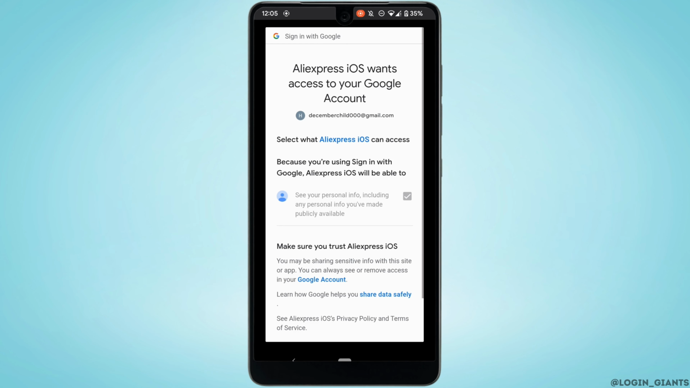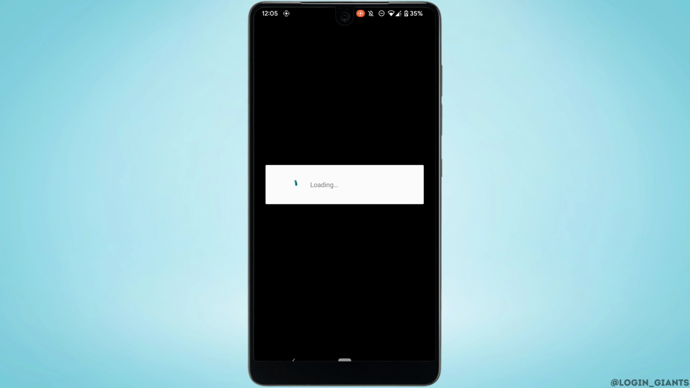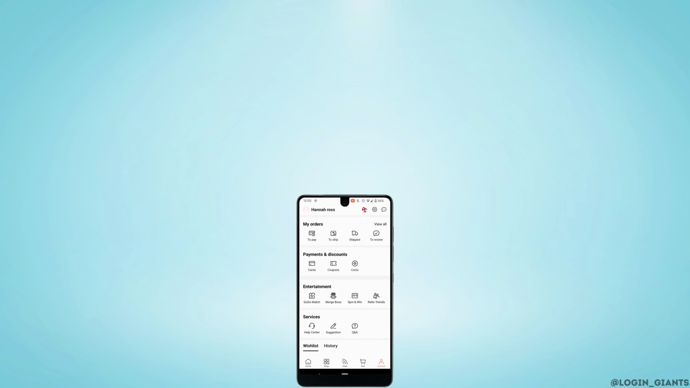It will land you on this page. Right here, tap on Continue. And there you go, your AliExpress account has been created successfully. So that's it, and this is simply how you can create your